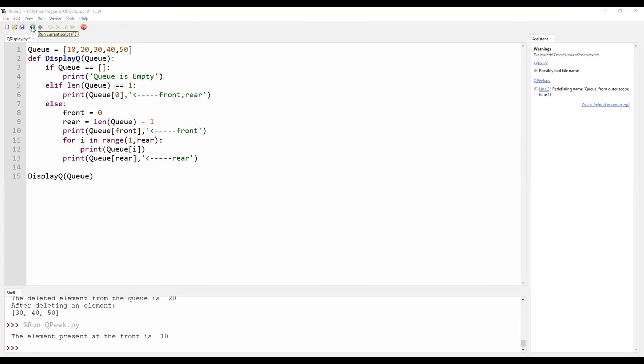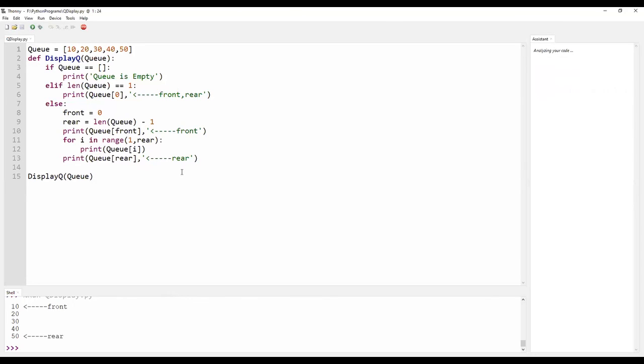On executing this particular code, we can see that front points towards the first element, namely 10, and rear points towards the last element, 50. So we will be having a doubt on how will I get something as front comma rear when there is only one element in the queue.